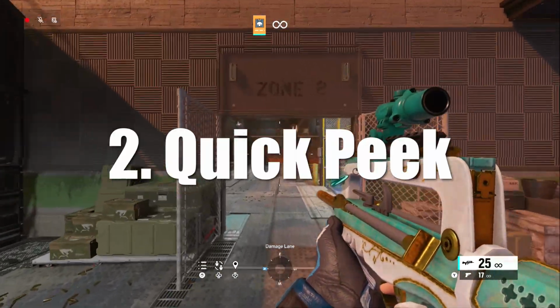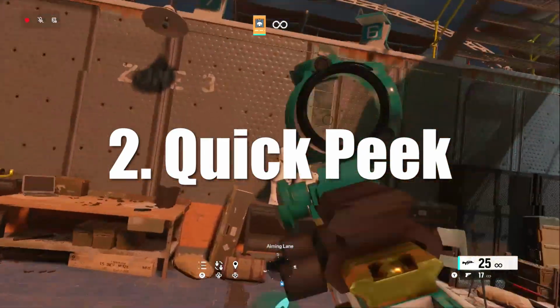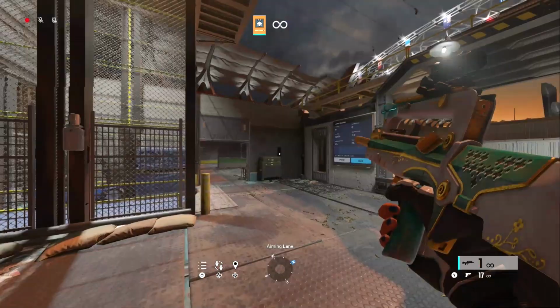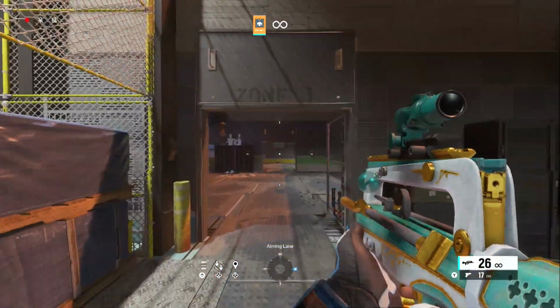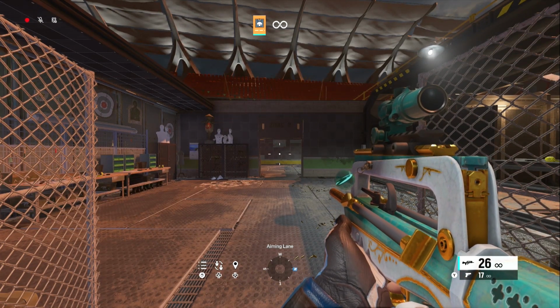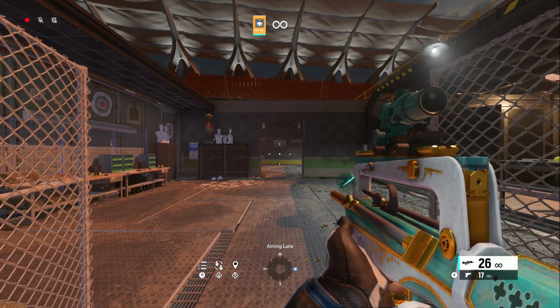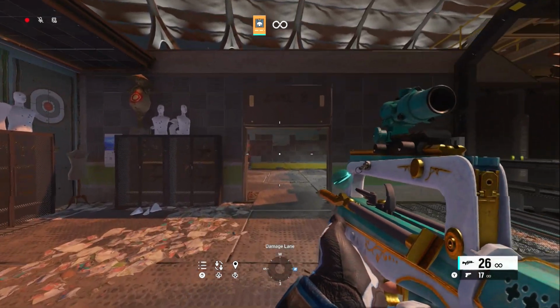Okay, the next step's going to be your quick peeking, and this is going to tie in with warming up. You definitely want to warm up each day you play. I'd recommend going 10 to 15 minutes into the shooting range, doing this exercise, then maybe doing a couple training grounds. I always do disarm bomb, and I'd recommend turning headshot only on. That makes it a lot more challenging, and it will practice your crosshair placement, but we'll get to that later. So for this tip, though,